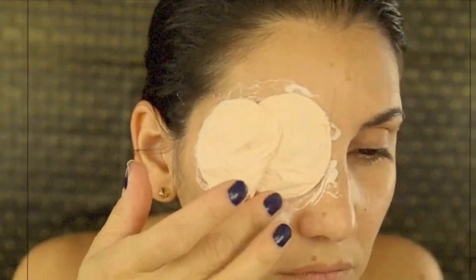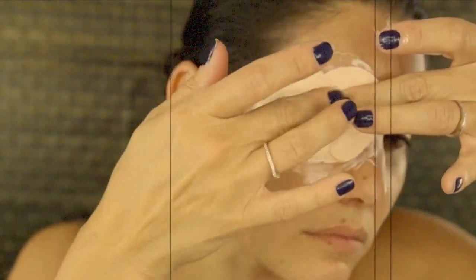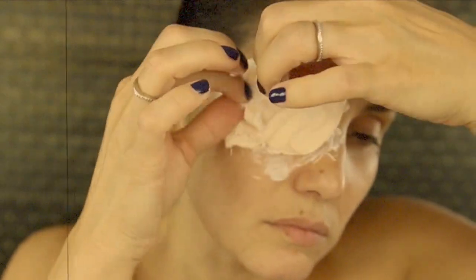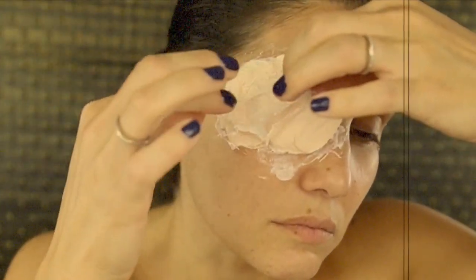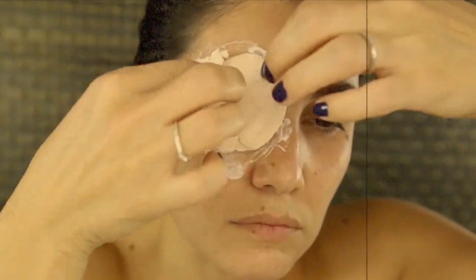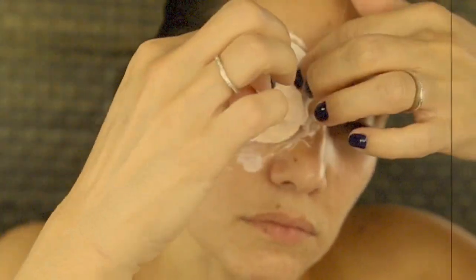And I use a skinny Q-tip, but you can use anything like a regular Q-tip or any kind of brush, just a little brush, like a makeup brush. But I don't use a makeup brush because I don't want to ruin it, because it is glue. So here's all I'm doing: when it's a little bit semi-dry, I start pulling the cotton,